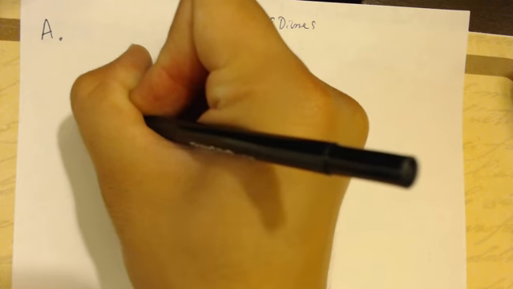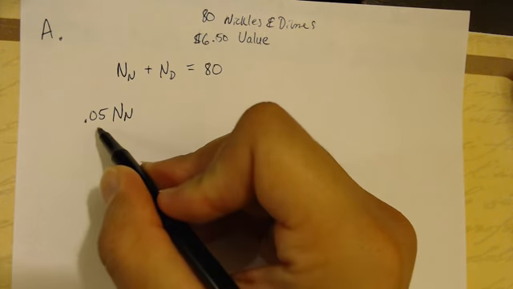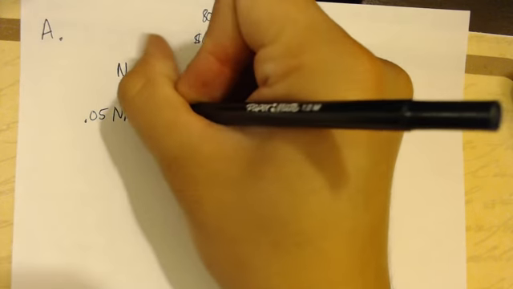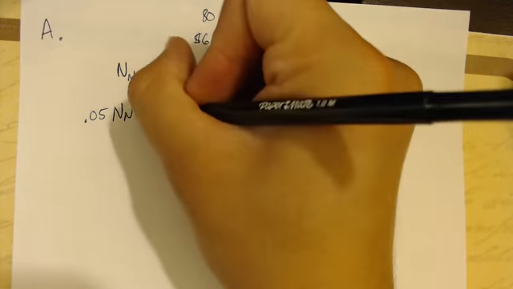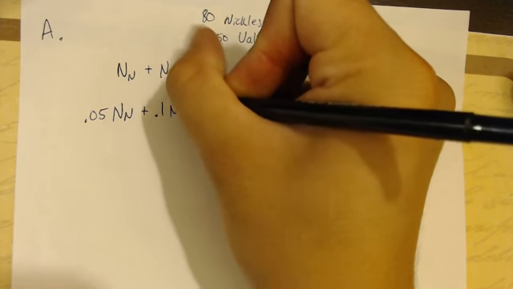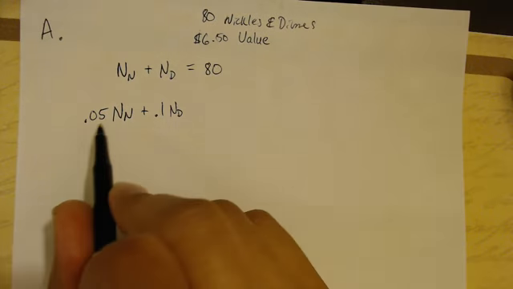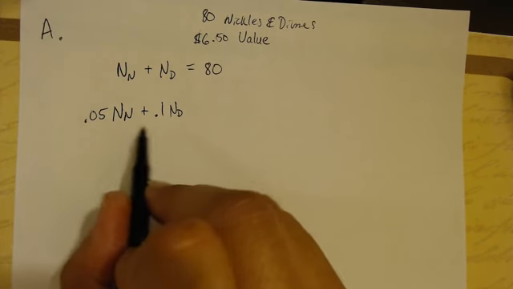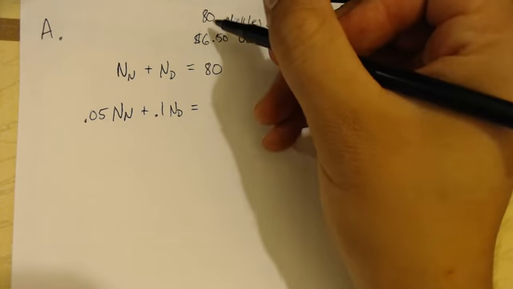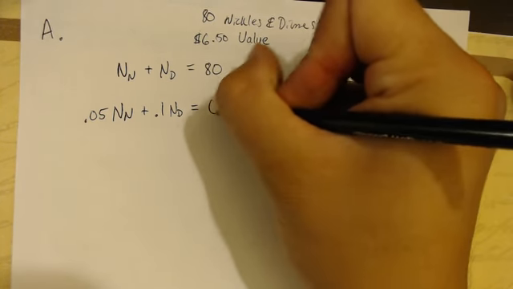So we're going to take the value of a nickel in decimal form, which is 0.05. Right? A nickel is 5 cents, 0.05. We multiply the value times the number of nickels. We add that to the value of dimes, which is 0.10 times the number of dimes. So now that we've added value to the equation, the total amount isn't going to be the number of coins, but the value of those items,